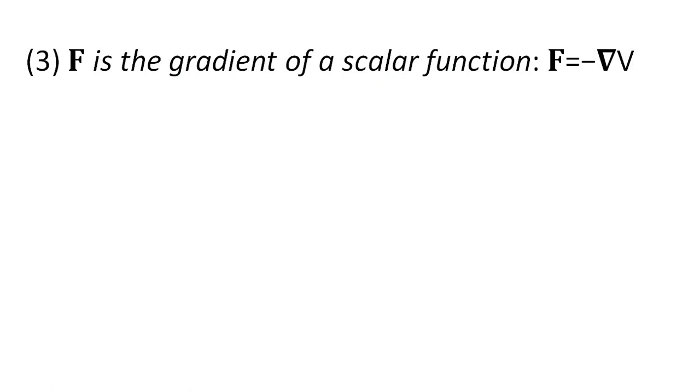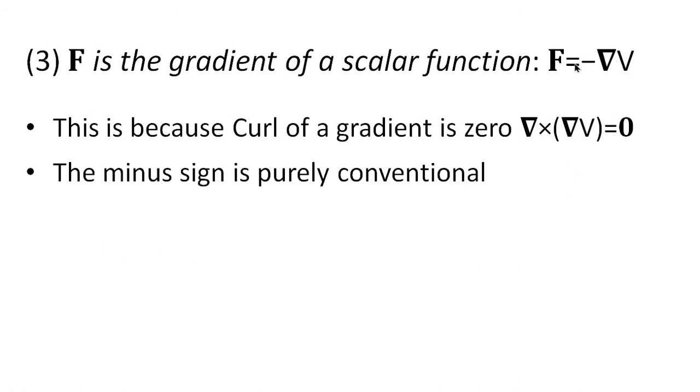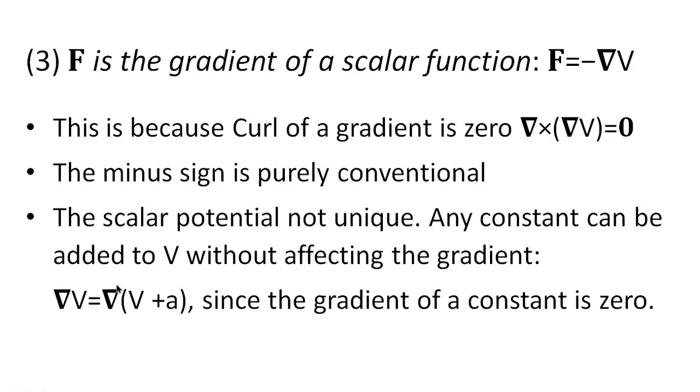Third point, F is the gradient of a scalar function. If del cross F equal to 0, then F equal to minus grad V. This is because curl of a gradient is 0. Del cross del V equal to 0. Now we have used a minus sign, which is purely convention. Now, the scalar potential is not unique, which means any constant can be added to V without affecting the gradient. In other words, grad V equal to grad of V plus A, where A is a constant. Since the gradient of a constant is 0,